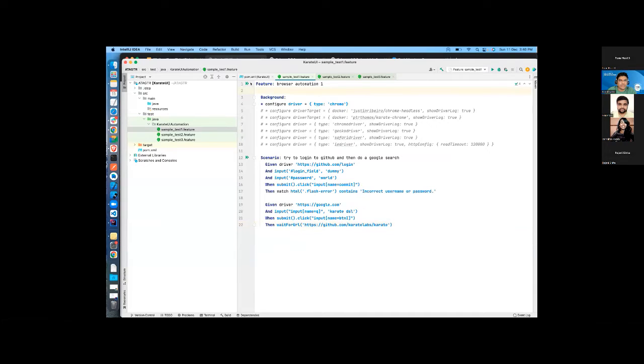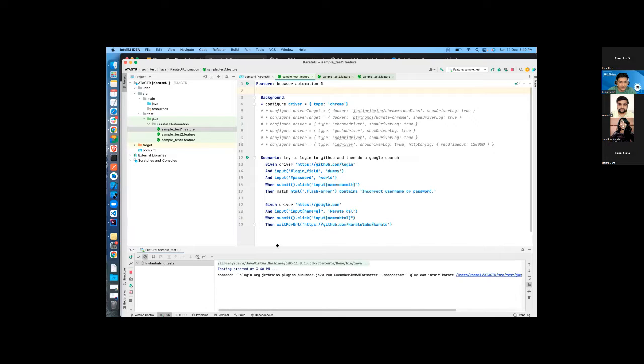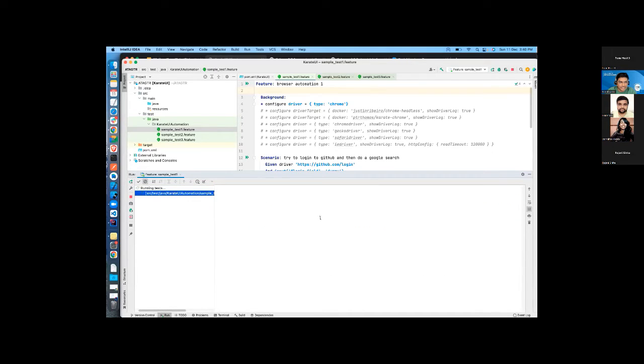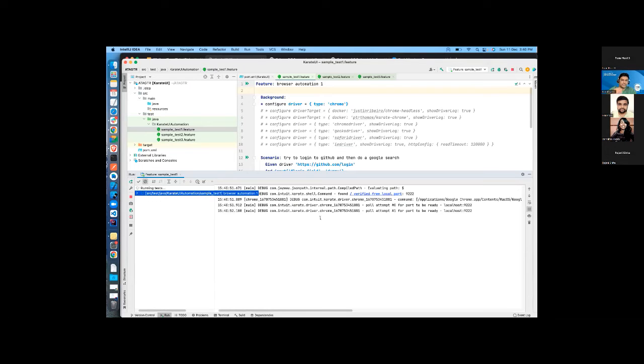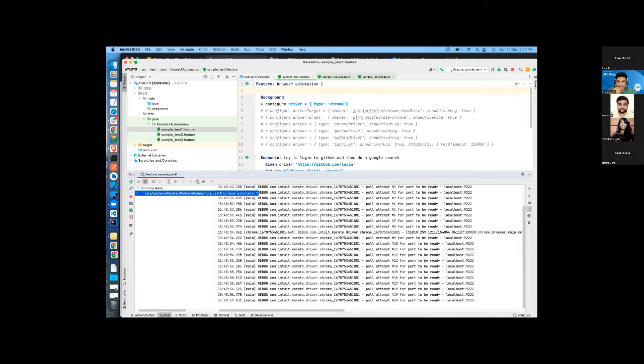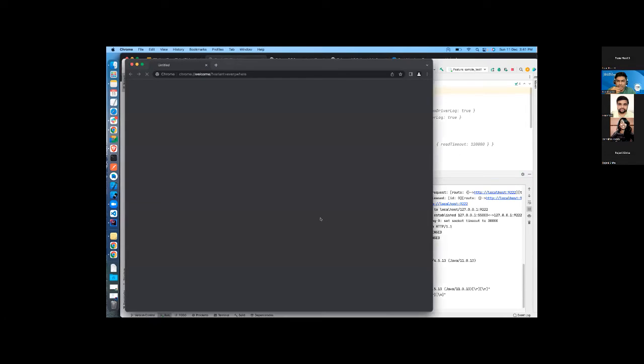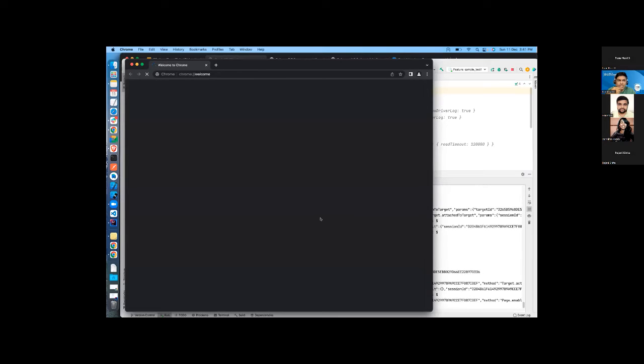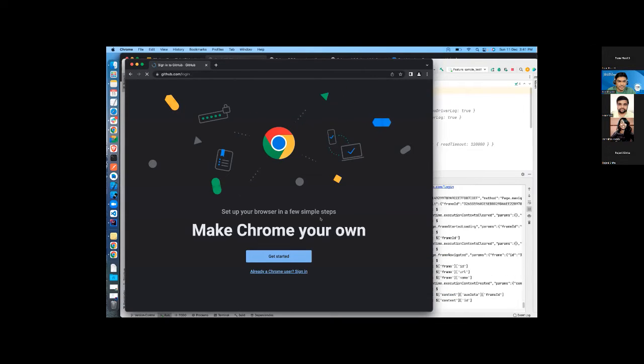In the meantime, what I will do is I will just quickly run. If you see, the tests are initiated. Just for everybody's reference, sometimes for the first timers, if you're doing the POM configuration and setup now, it will take a bit longer. But if you see on my screen, the Chrome has already instantiated in one of its instances.